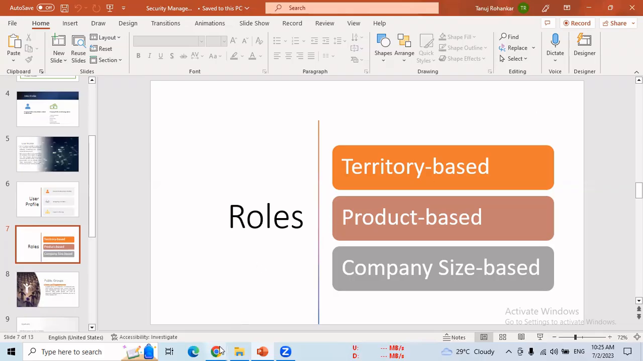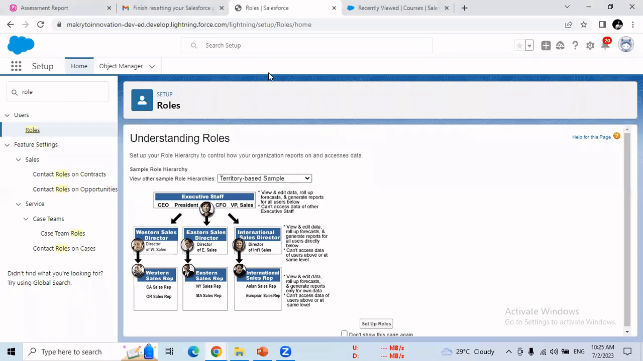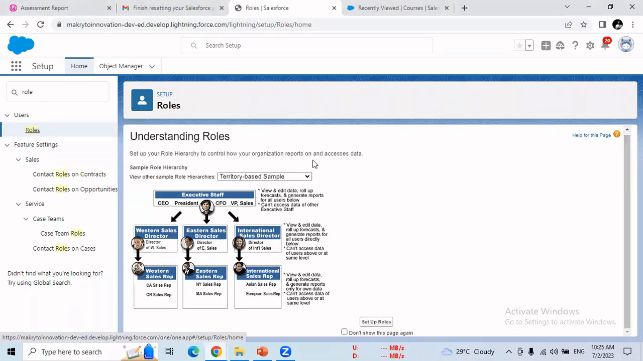Let's move ahead and go to your developer org. Just open your roles. Now, once you open your roles, you can see this particular page. You can read the first statement. Set up your role hierarchy to control how your organization reports on and accesses data. Meaning who will report to whom, who is working under whom, what their designation is, what their role is, and what their specific work is, that is mentioned inside the profile. Okay,